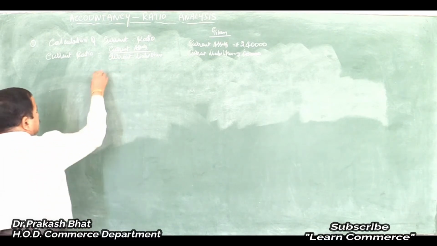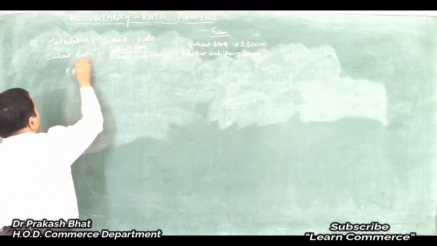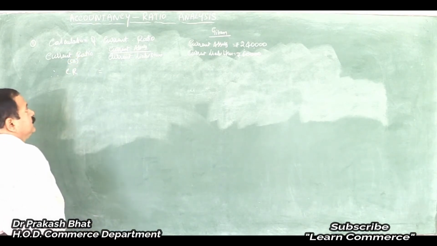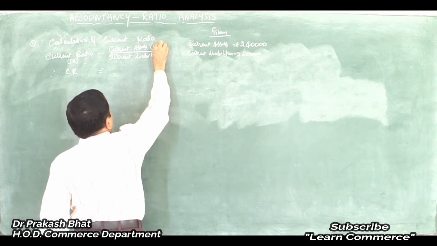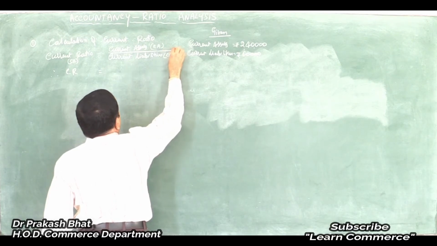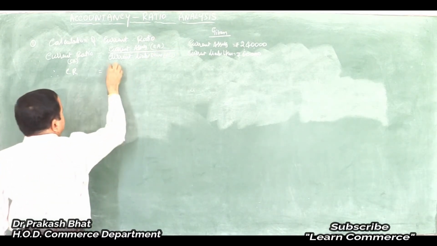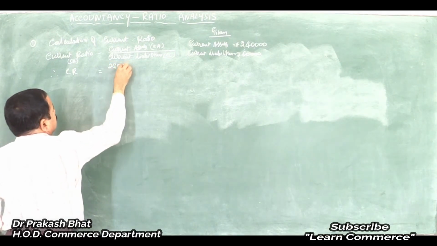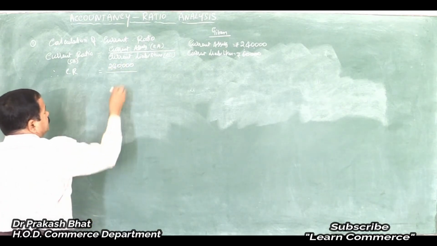Simply substitute the figures. Therefore, current ratio is equal to, you have to write here CR. Then you can use CR, right? Here you have to write CA, and here you have to write CL, so that you can use CA and CL further. So CR is equal to CA, how much? Current assets 2,40,000 divided by how much? 60,000.